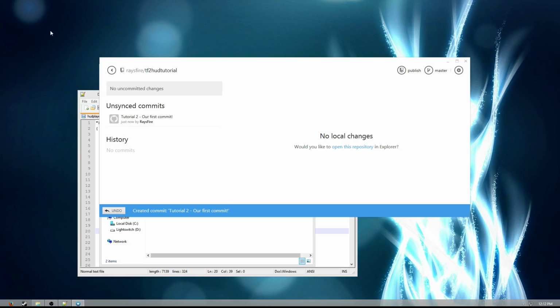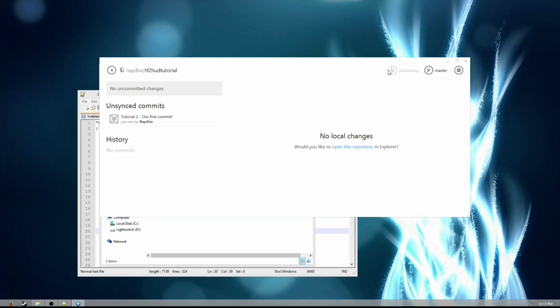You have to sync it up with the server now. Just because you've pushed it doesn't mean it's there. So you're going to click on this button, publish, and you'll see it's publishing. And it'll only do this once. After now, it'll say sync, right? So once it's published, then now you'll hit sync, and you'll see the +1 because there is that one committed change that we've made that has not been synced to the server yet. So we'll click it. There will be a little blue bar, and you'll see, boom, History Tutorial 2, our first